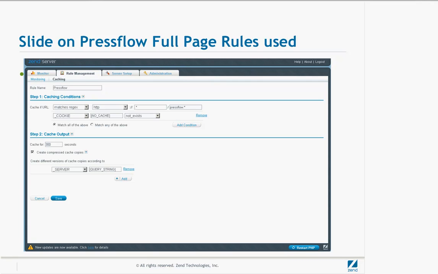And again, the final part of this rule says if there's any changes to the query string, again, the get parameters change or anything changes on the query string, we're going to create a separate copy stored locally within Zend Server to be retrieved later. Okay, so with this scenario,